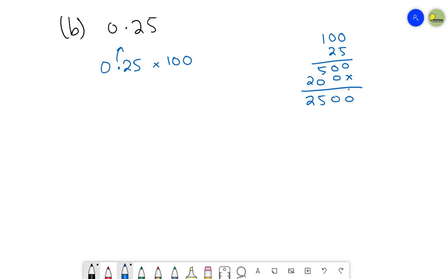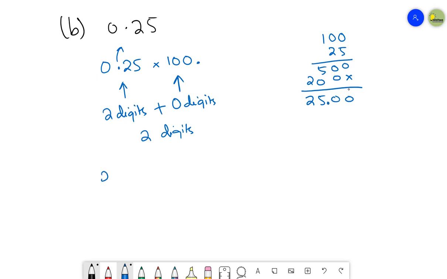Now where do you need to place the decimal point in your answer? Just count the decimal digits after the decimal point in both the given numbers. Here you have two digits after the decimal. Here you have 0 digits after the decimal, because the decimal point is at the end. Just add the number of digits. Collectively, it is 2 digits. So just write your decimal point before 2 digits.